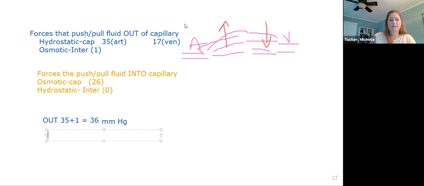The pressure that is trying to push fluid in from the interstitial into the capillary is 26 plus 0, so 26. For net filtration pressure,